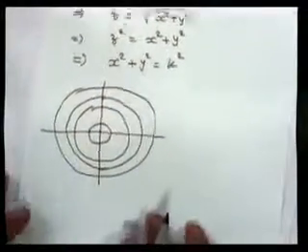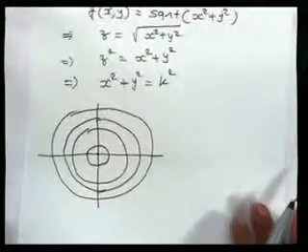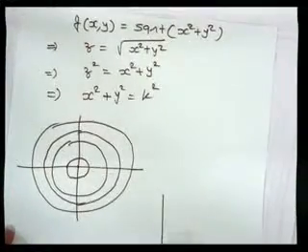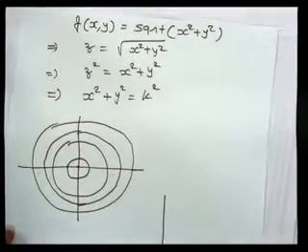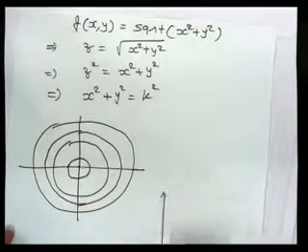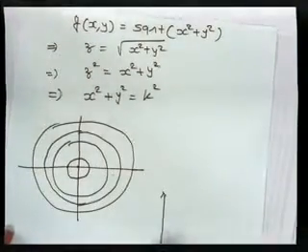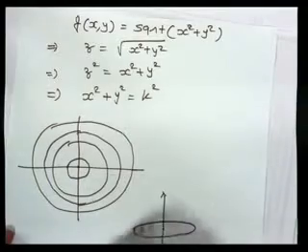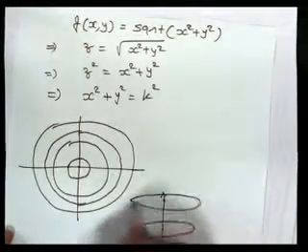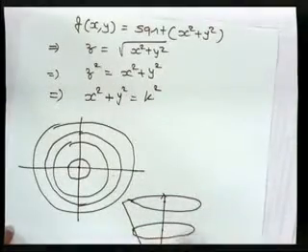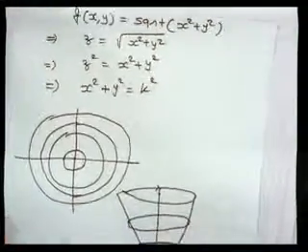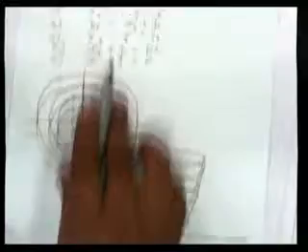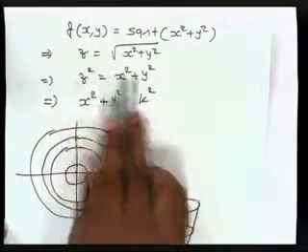Now if I pick up all these level curves for z is equal to 1, z is equal to 2, z equal to 3, then the radius is equal to the coordinate of z. So at origin it is like this, at z is equal to 1 it is like this, at z is equal to 2 with radius 2, at z is equal to 3 a circle with radius 3. So if you join all these level curves, then you will get a cone. So x square plus y square is equal to z square represents a cone.